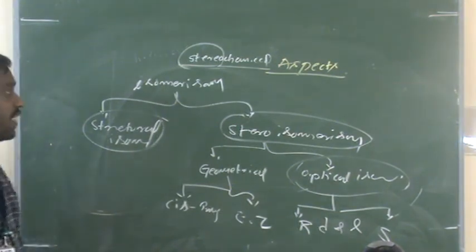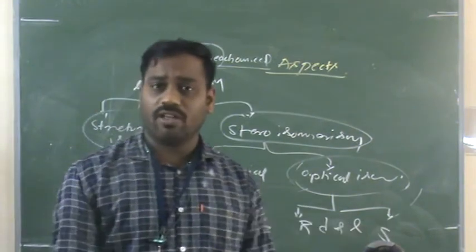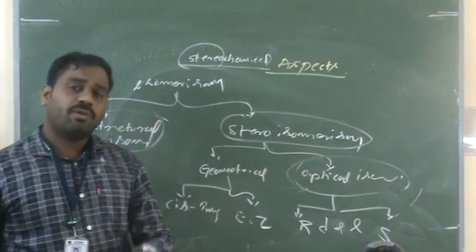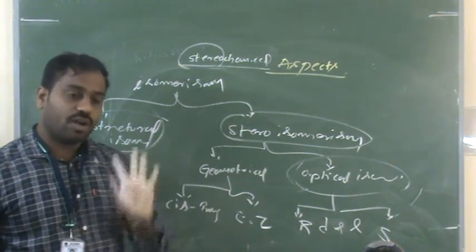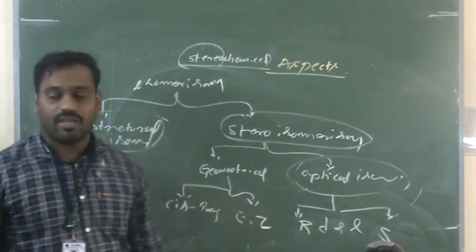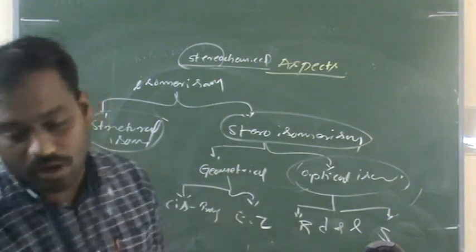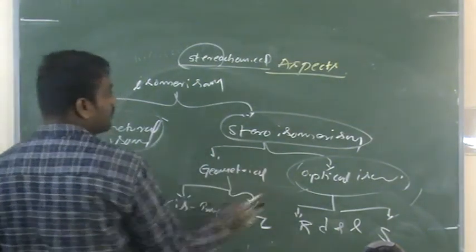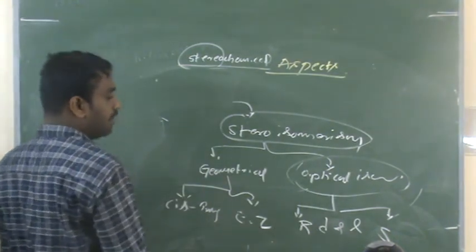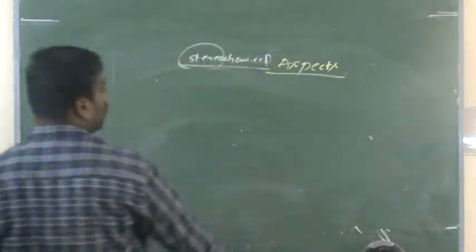What is the meaning of aspects? We are not going to do a detailed study of stereochemistry. For this chapter, what type of concepts is required to understand the stereochemical aspects in haloalkanes and haloarenes? That we are going to discuss in today's class. Do you understand what the stereochemical aspects are? It is the study of stereoisomerism, especially optical isomerism. Okay, now let us go.